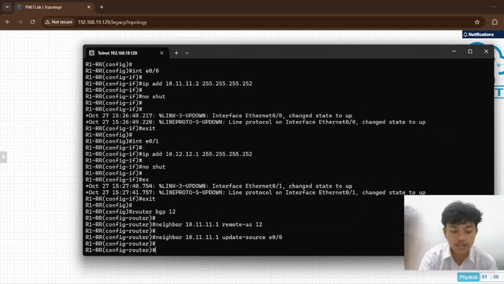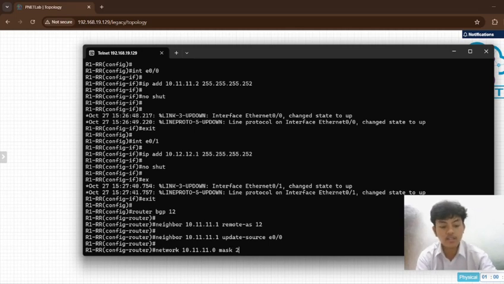The next is the network 10.11.11.0 and the mask is the subnet mask.